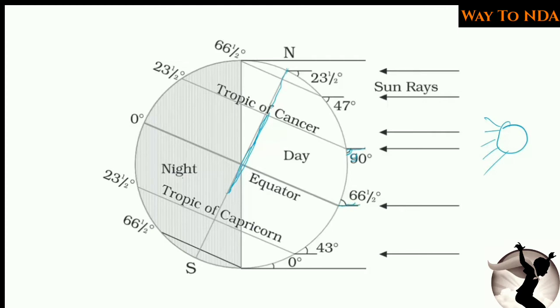This angle is made by the sun rays falling on the surface of the earth. जो सन रेज अर्थ के सरफेस पर आ रही है वो एक एंगल बना रही है, ठीक है, और ये एंगल है 66.5 डिग्रीज एट इक्वेटर. At the Tropic of Cancer we saw it is forming around a 90 degree angle, directly perpendicular to the surface of the earth. That means these areas are receiving more energy,